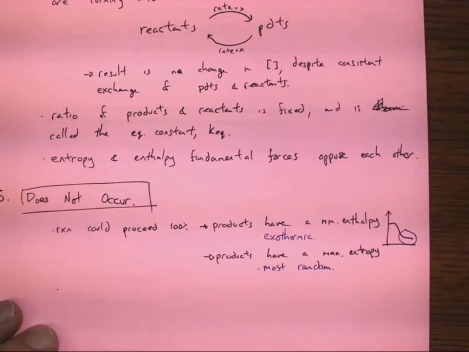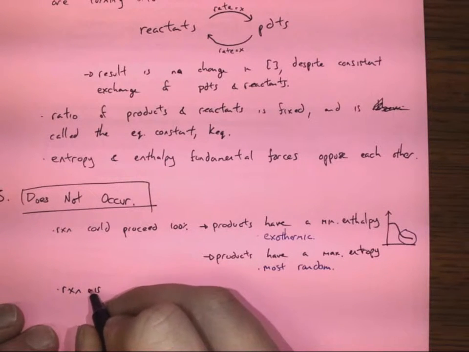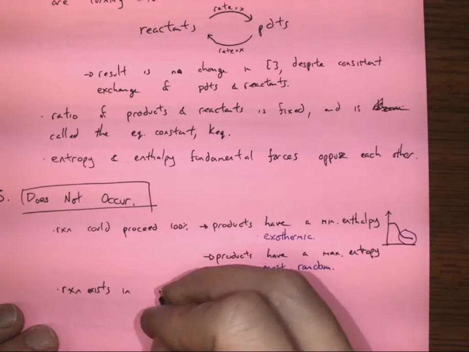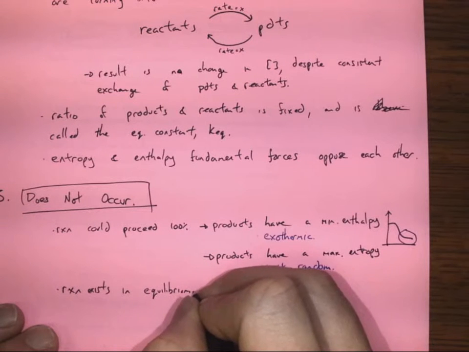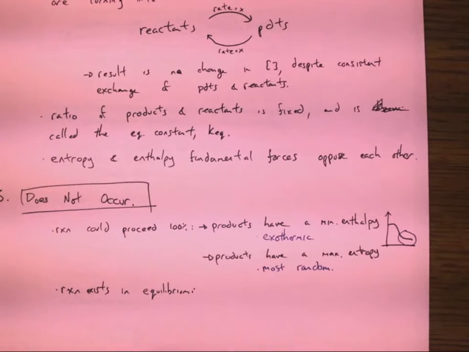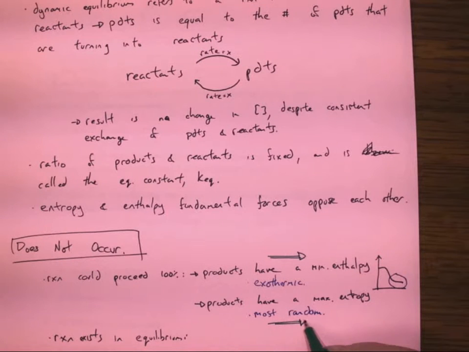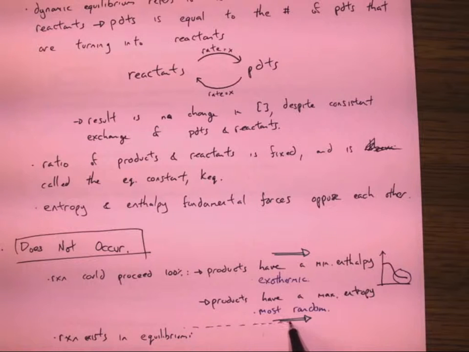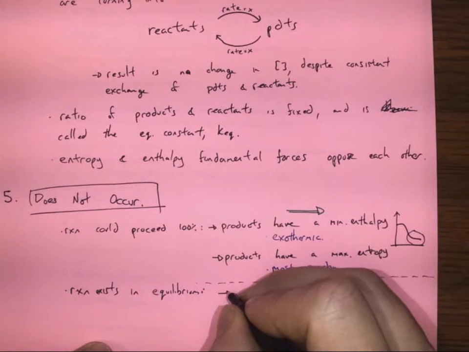So alternatively, we could know that a reaction exists in dynamic equilibrium. So if that's true, well, you know what? I'm going to draw some arrows in here to imply that we have a force pushing to the right and another force pushing to the right in this case. All right, I'm going to draw a little dotted line here so I don't get confused there. All right, so if a reaction exists in equilibrium, so that means either the products